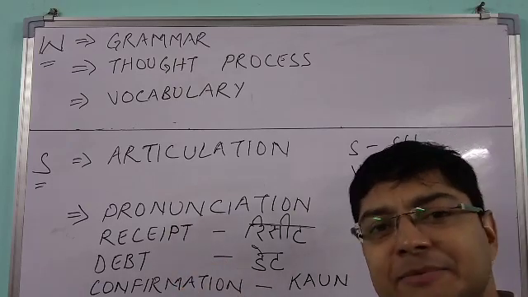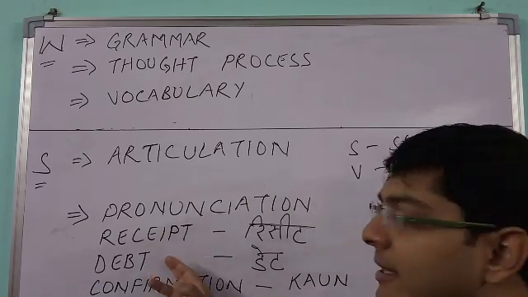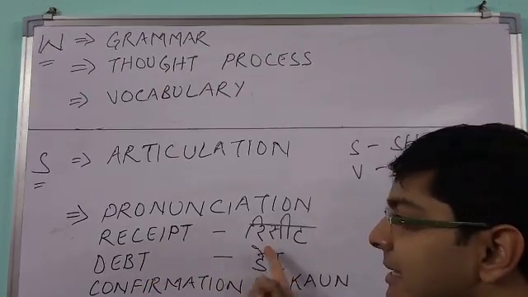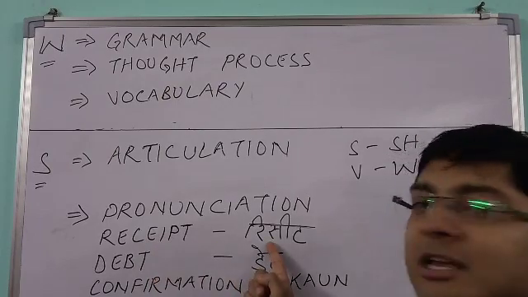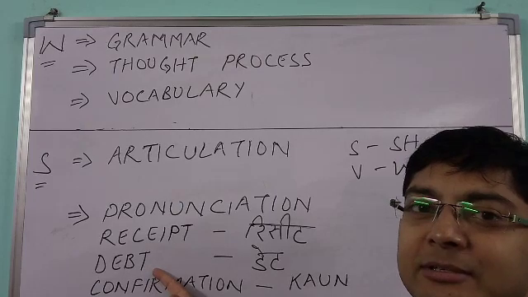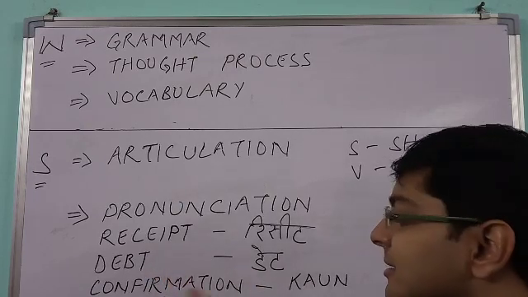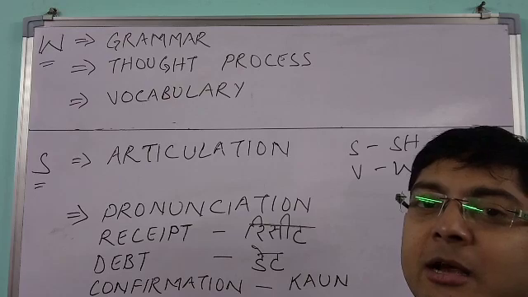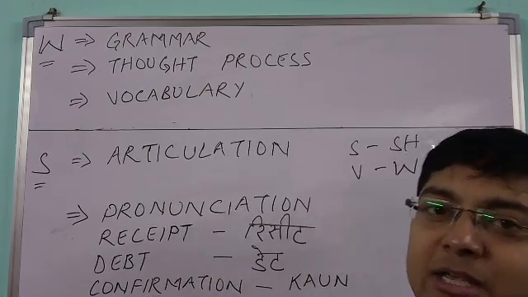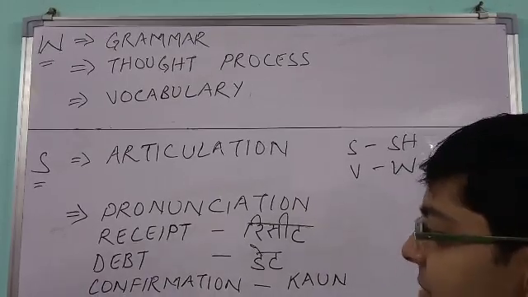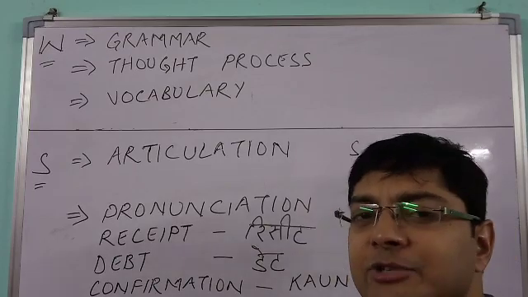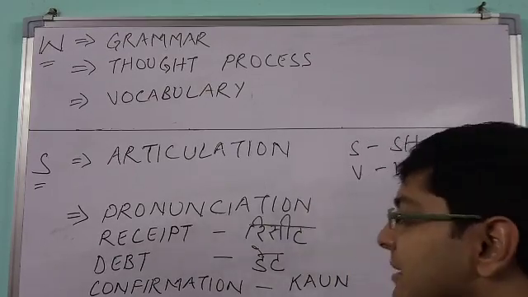प्रोनाउंसिएशन को काबू करने के लिए सबसे सिंपल तरीका मैं आपको बताता हूँ. राइट द वर्ड इन इंग्लिश एंड देन राइट इट इन योर मदर टंग, जो भी वो आपकी मदर टंग है. इन दिस केस आई हैव रिटन इट इन हिंदी. सो दिस इज प्रोनाउंस्ड एज receipt. This I've heard people say debt. This is pronounced as debt. This one I've heard people say confirmation. It's actually confirmation. So I'll give you a list of con and con words. Very interesting. So this is pronounced as confirmation. So ऐसे लाखों शब्द हैं जिनकी pronunciation हम जानेंगे as we proceed.